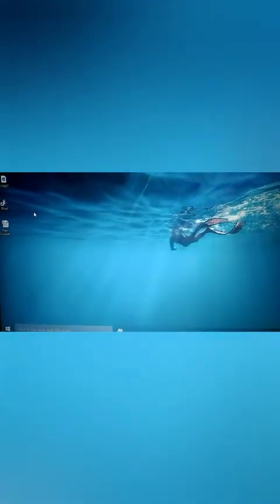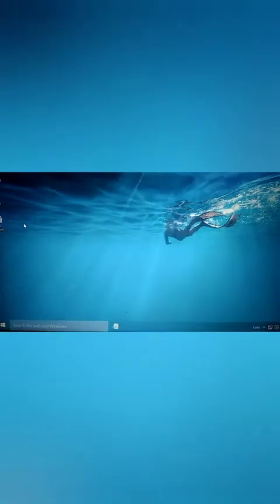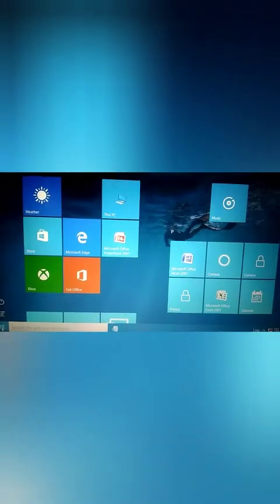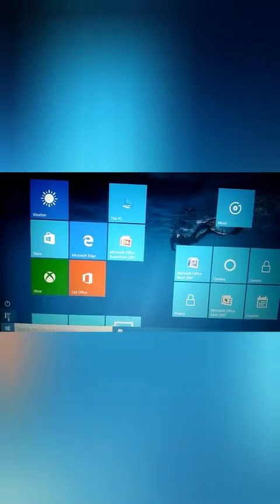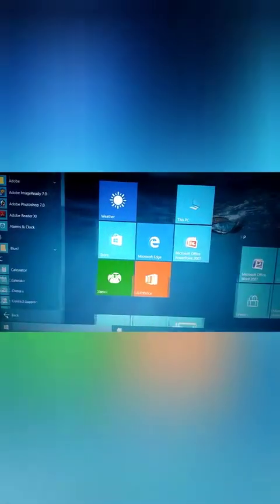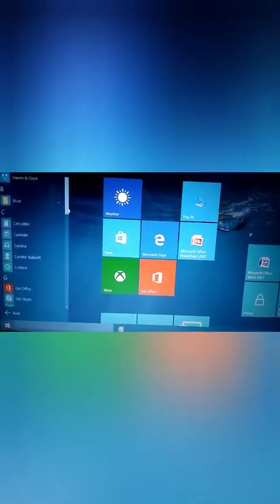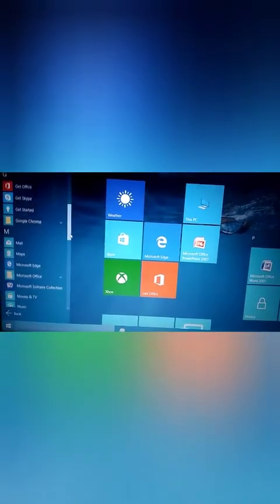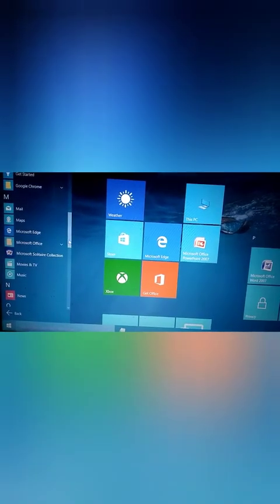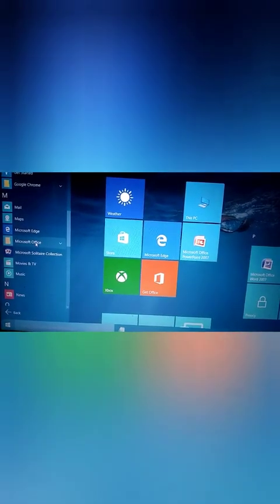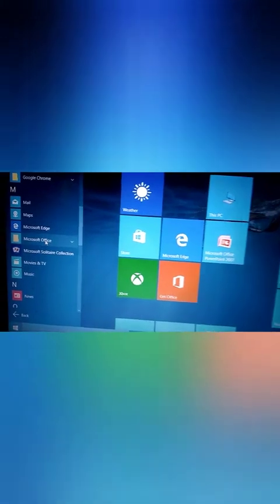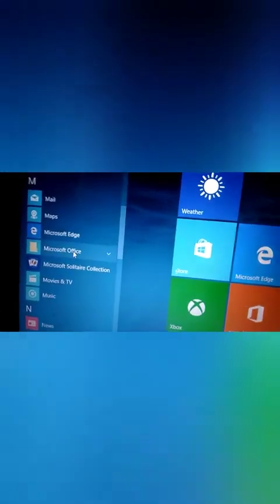Okay. Let us start Microsoft Access. At first, click on the Start button. After that, click on All Programs. Select Microsoft Office.